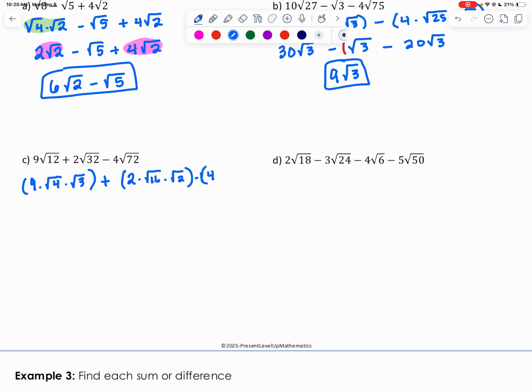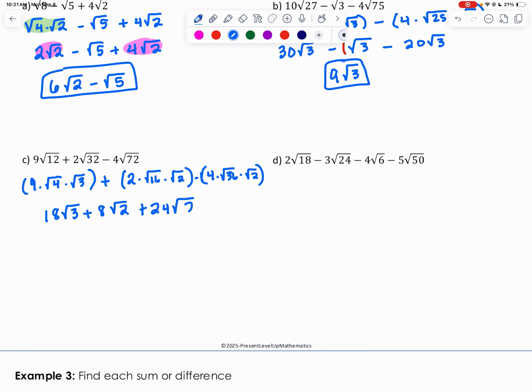And then we have 4 square root 36 square root 2. All right, let's simplify that. Our first parenthesis, the square root of 4 is 2, so 9 times 2 would be 18 square root 3. My second parenthesis, the square root of 16 is 4, so 2 times 4 is 8 square root 2. And my last parenthesis, the square root of 36 is 6. 4 times 6 is 24